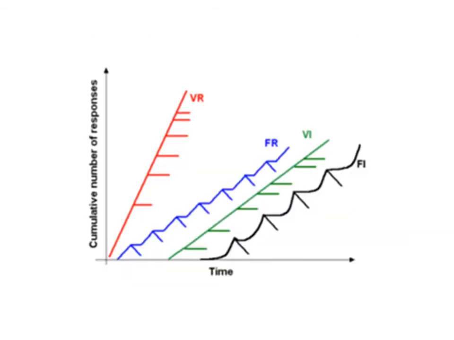So fixed interval, if you look at this one, it's the black line. Notice that it looks like there's little or no activity, and then all of a sudden there's a very quick spike, little or no activity and a spike. That behavior is that after the reinforcement, you know there's a certain period or time allotment where there's definitely going to be no reinforcement, so behavior becomes inactive. The closer you get to the reinforcement period, you see a very quick acquisition of behavior.